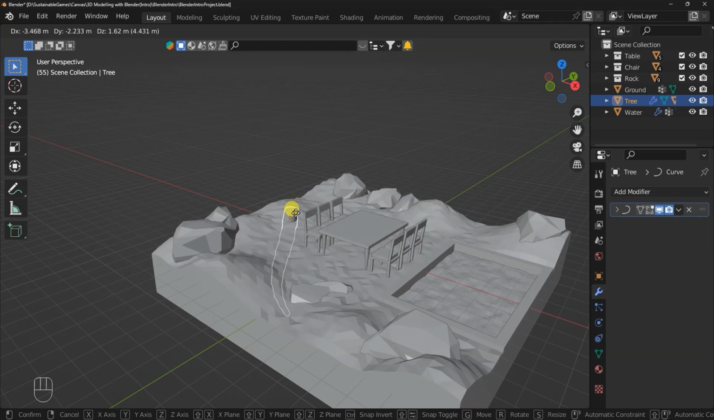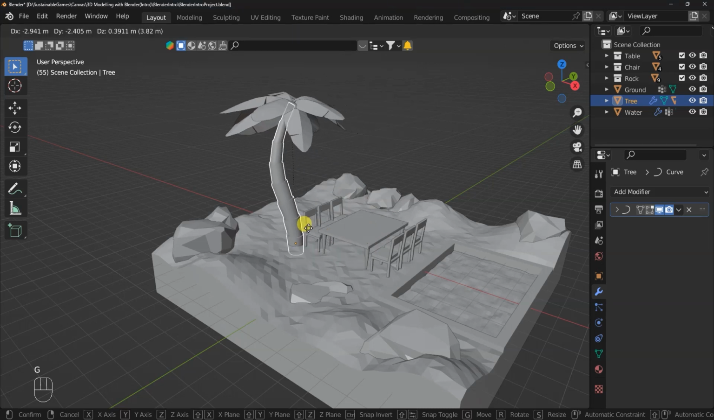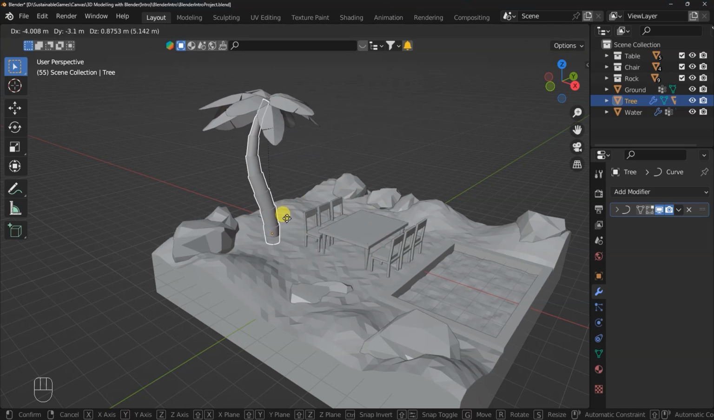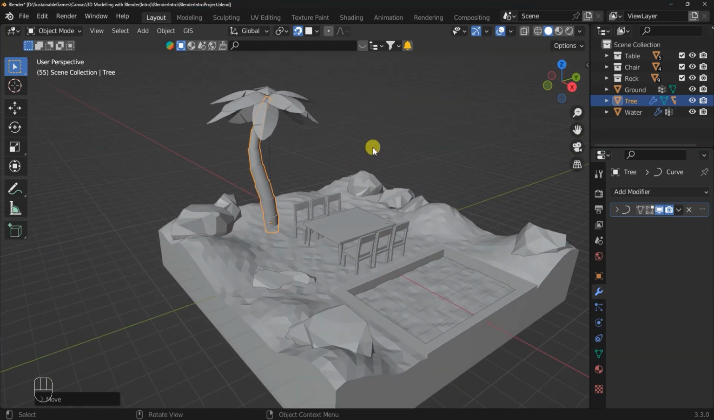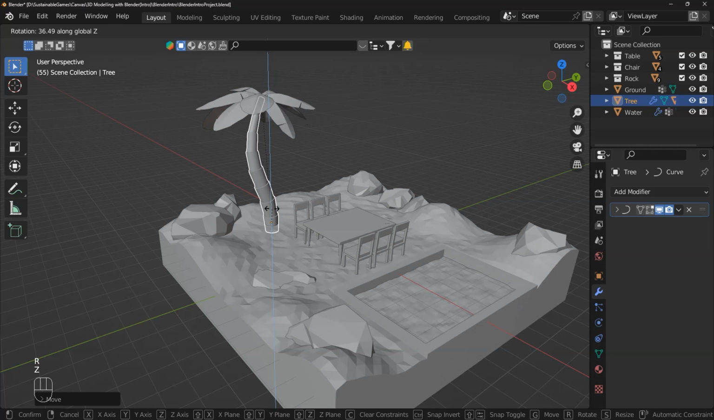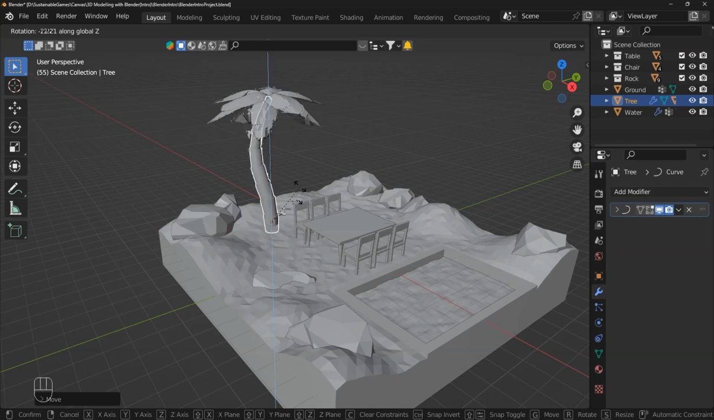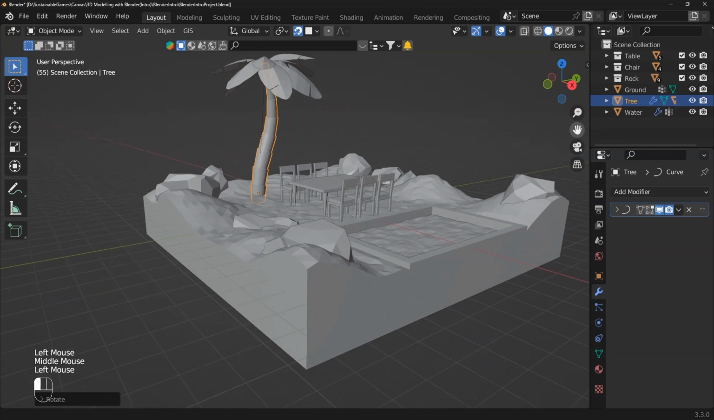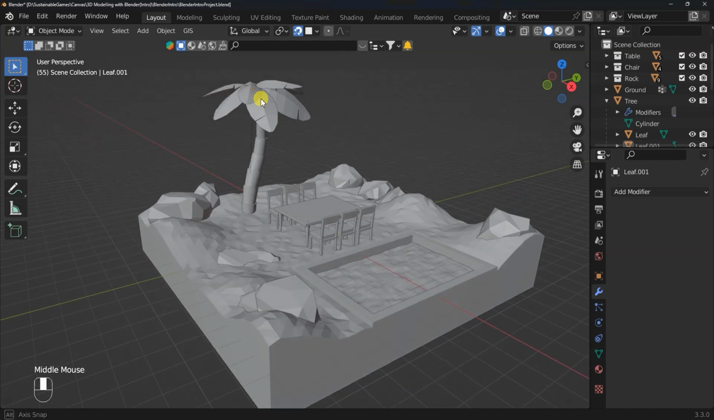That's why it's moving around, but this is not what we want. We need to go back to this button and toggle off align rotation to target. So if we click on G one more time, it's behaving better. So I think I like this arrangement for the tree. Let's try again. R, Z, let's see, I think I like this. That's good. So what I want to do is, I think I would like the top of these leaves here to face us,